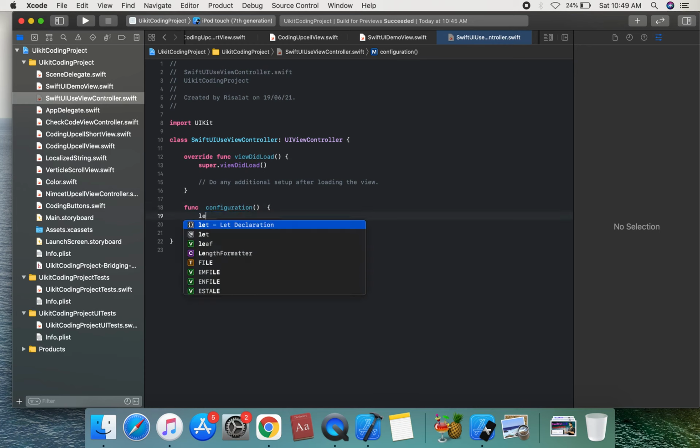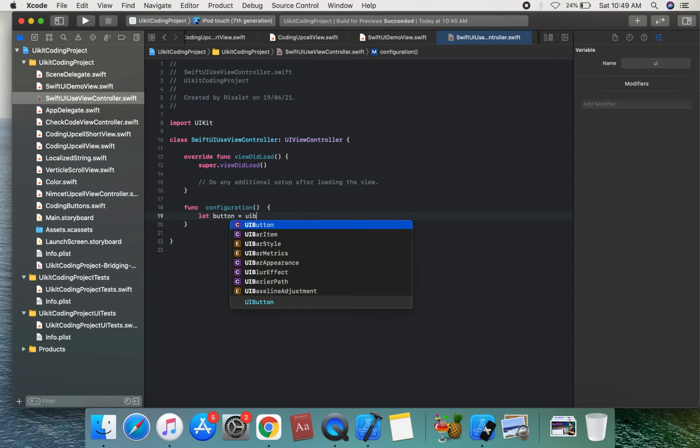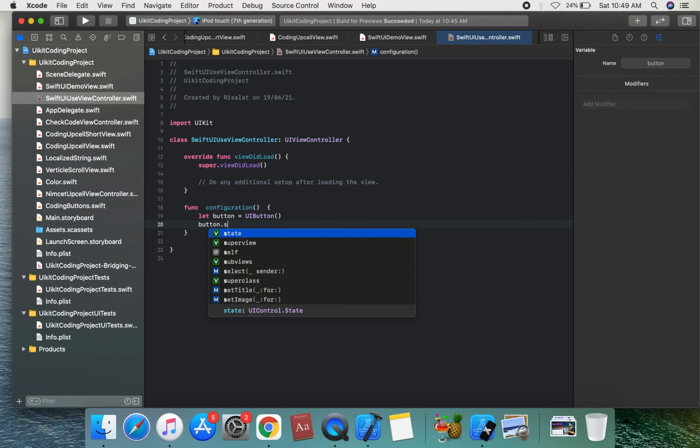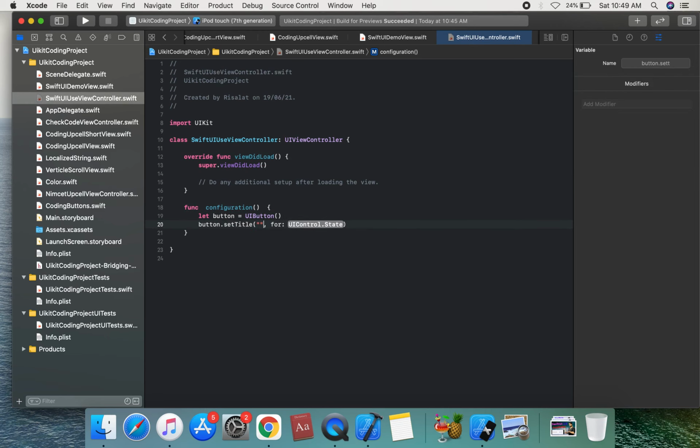So we're going to create this button. let button = UIButton. Then button.setTitle, and suppose the title name is "Open SwiftUI View".